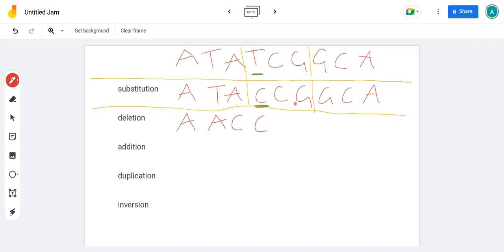This C is going to be here. This G is here. This G is here. This C is here. This A is here. Depending on the length of the gene, there might be another one. So now what's happened, let's move these lines all the way down,